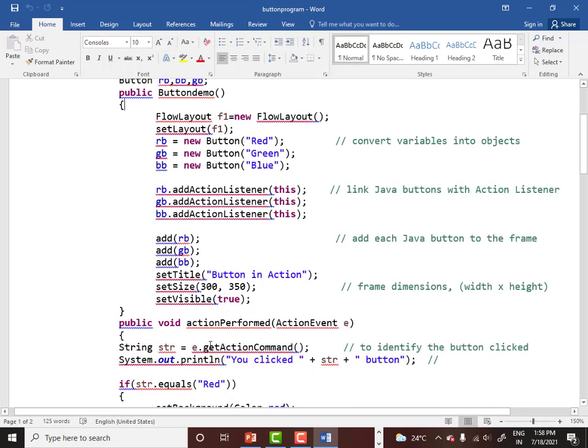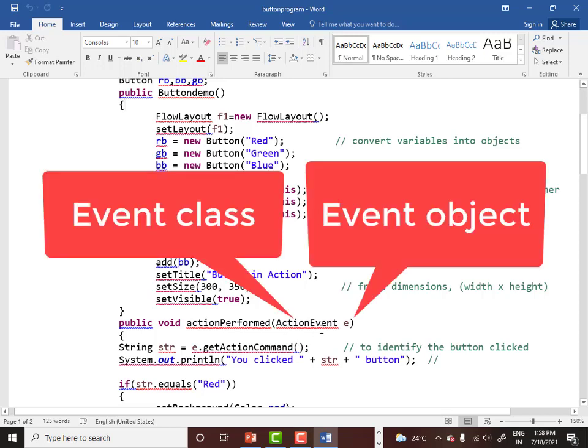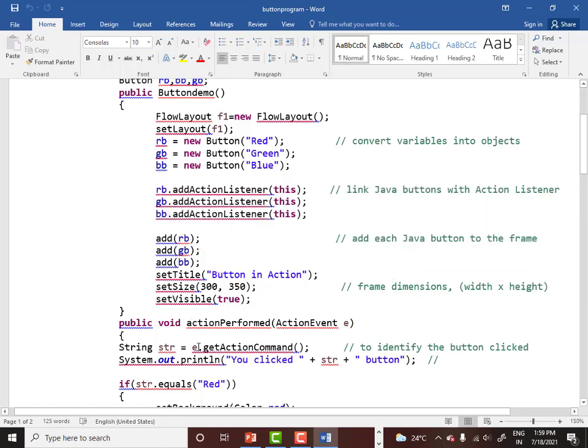Now this actionPerformed method takes a parameter, which is an object of the ActionEvent class. Inside that I am creating a variable of type String, str is the name of the variable, and I am associating it with getActionCommand. So whenever you click on an object, for example you have an object called red button, when I click on that red button object, a click event is generated.